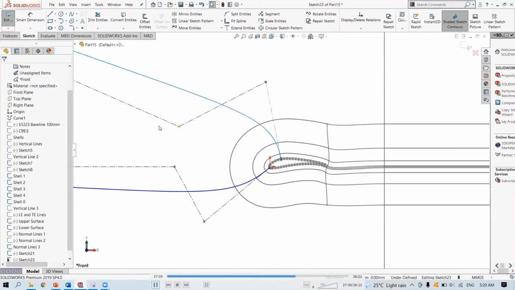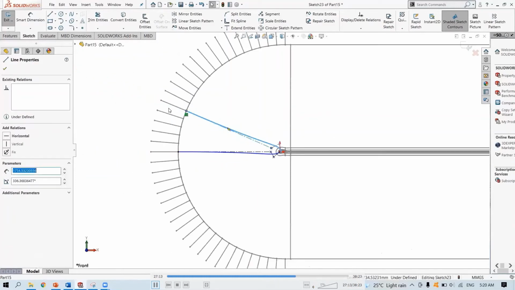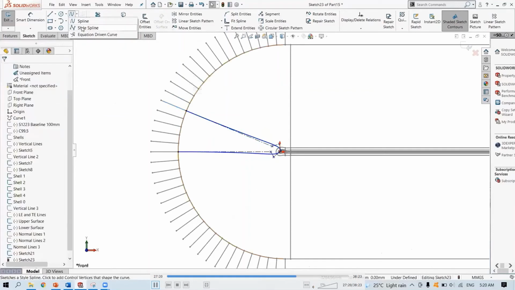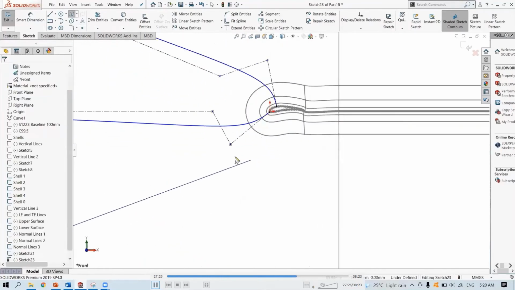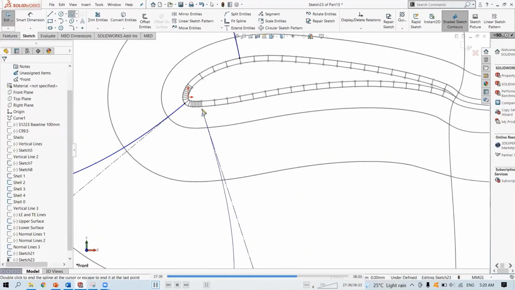Linear. And make this one and this one to be linear as well. And we're going to repeat the process. 1, 2, 3, 4, 5. 1, 2, 3, 4, 5.